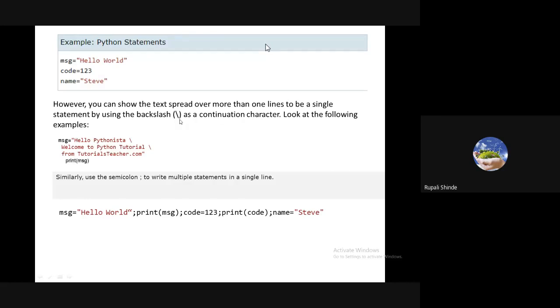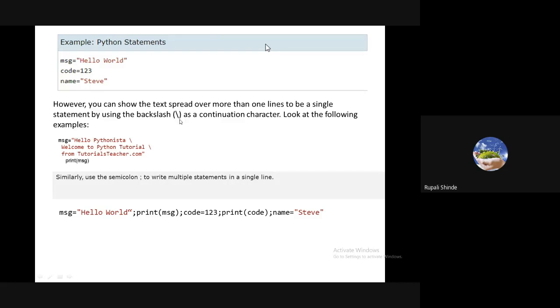At that time, I can put a backslash at the end of the first line, then continue the message in the second line. Again I put a backslash at the end of the second line, and continue on the third line. Whenever I hit the enter key at the end of the message, it is the end of the statement.